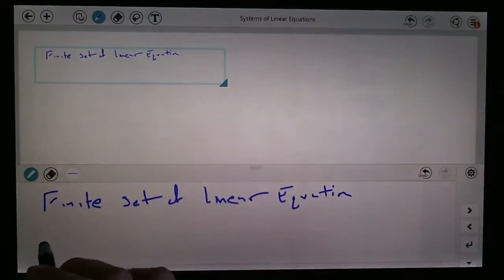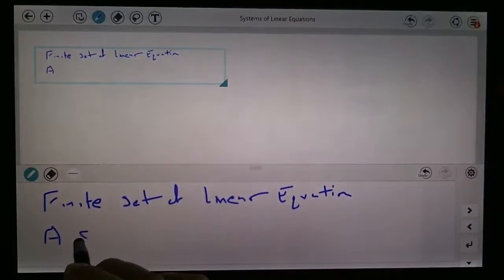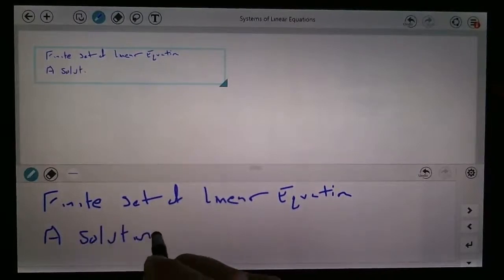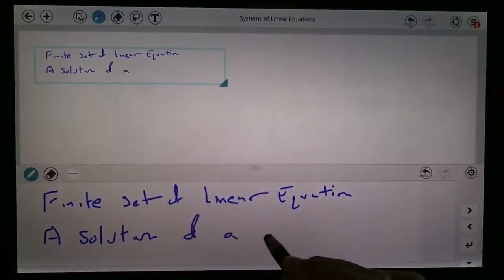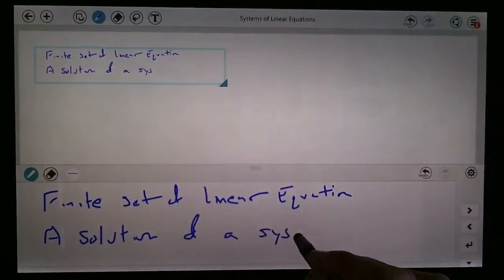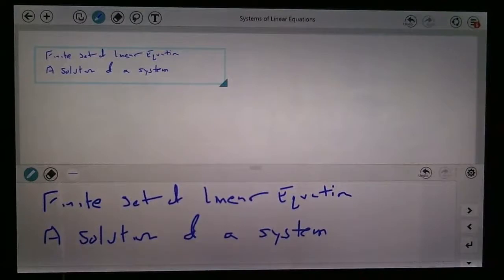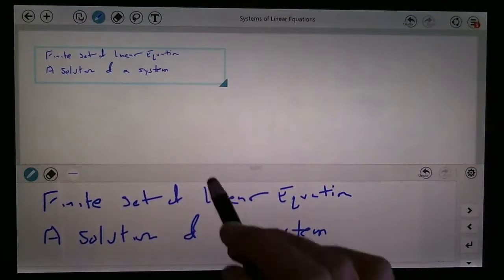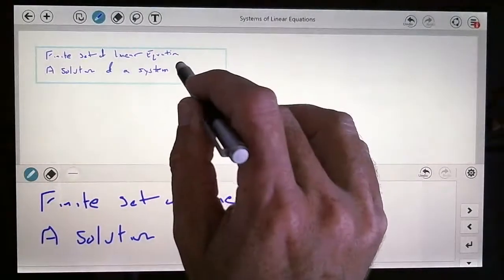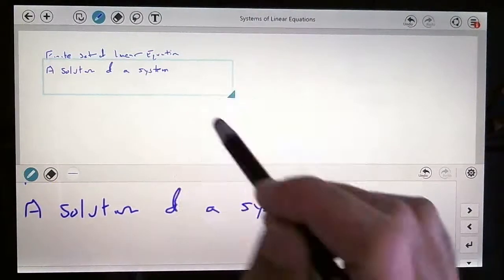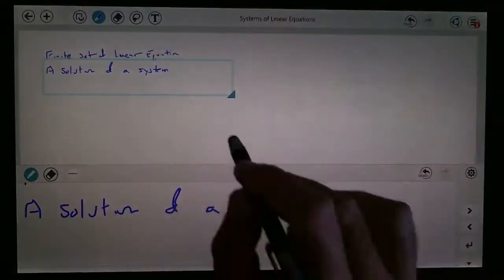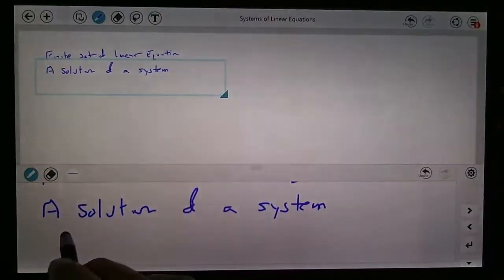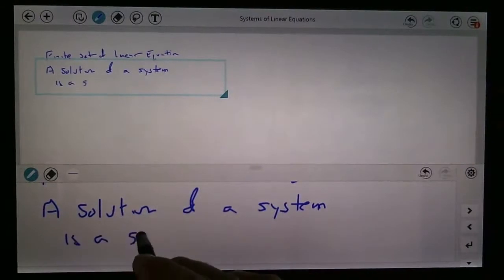Now, a solution to a system, to put this in parallel to what we call a solution to an equation. A solution to a system is a sequence of values